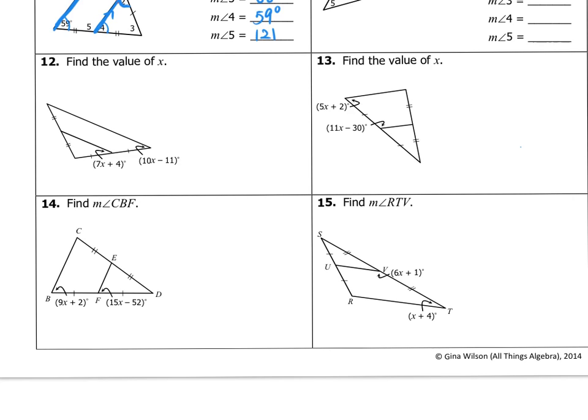But you do need to see that U is the midpoint and V is the midpoint because of these congruent segments. Therefore, UV is the mid-segment. If the mid-segment is given, then I'd have two additional pieces of information: either it's about the length of the mid-segment or about the mid-segment being parallel. And in this case, because I'm asked to find the angle RTV, which is this angle here,